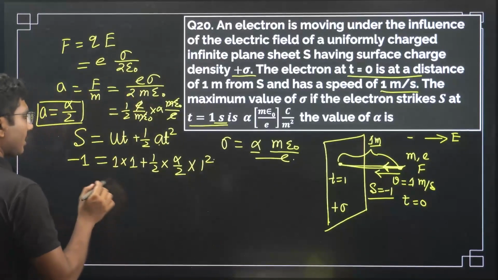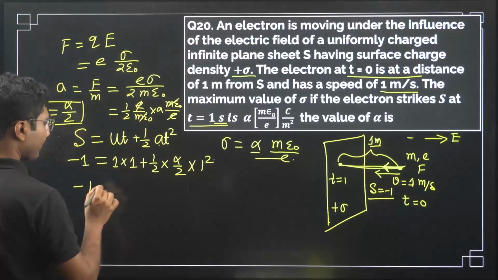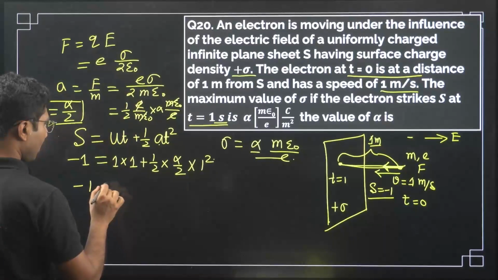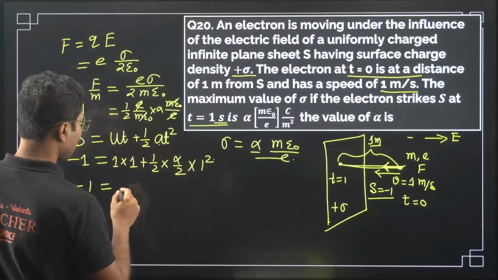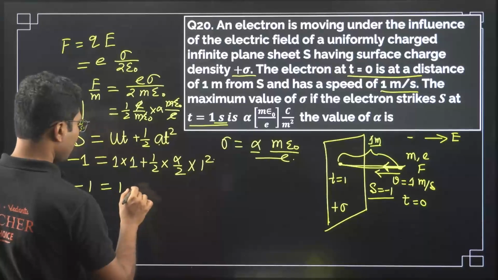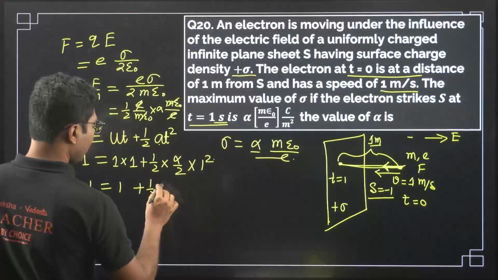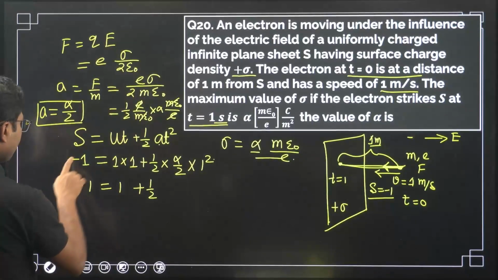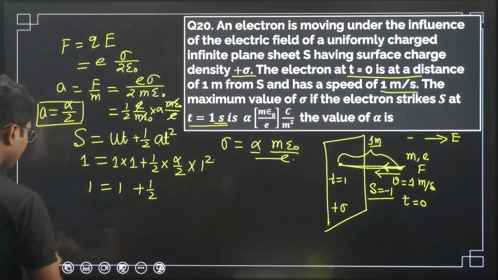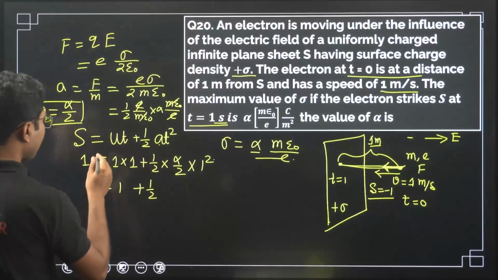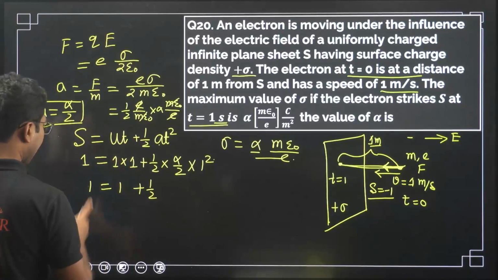So 1 square. So now you get minus 1 equals to 1 plus half. One small correction over here, the displacement will not be negative, but the only thing that can be negative over here is the